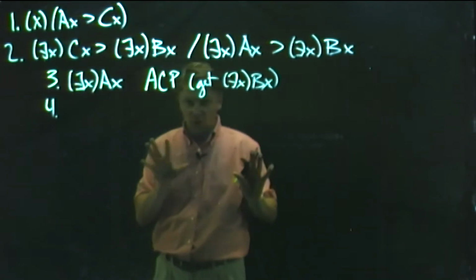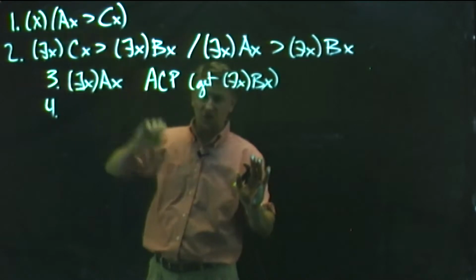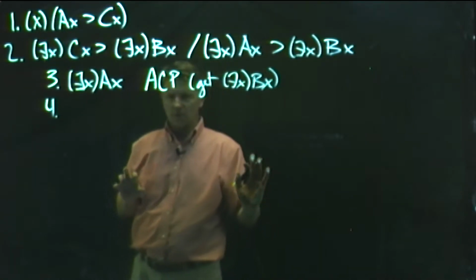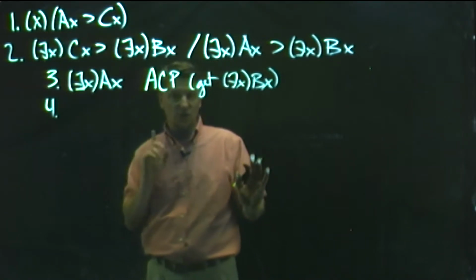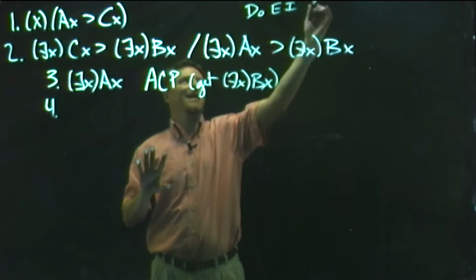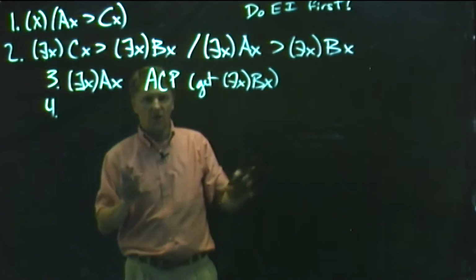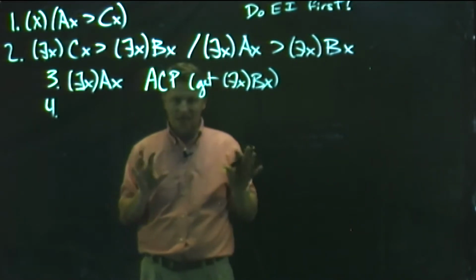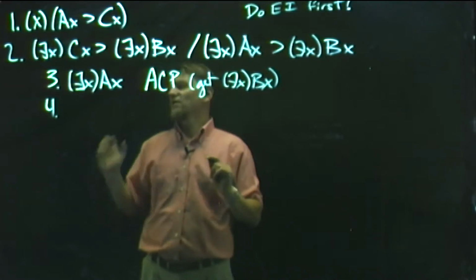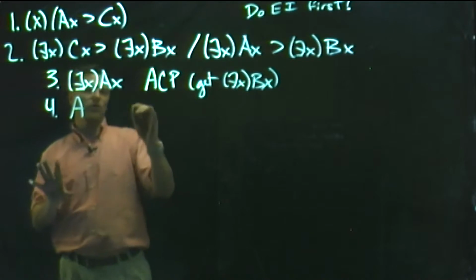The question will be, which one do we remove first? Right? Of course, the universal quantifier is listed here in premise number 1. You might think, oh, let's just do that one. But of course, we need to remember, do EI first. We saw that before. You want to remember, do EI first. So we're going to remove that quantifier here. And the reason for doing EI first